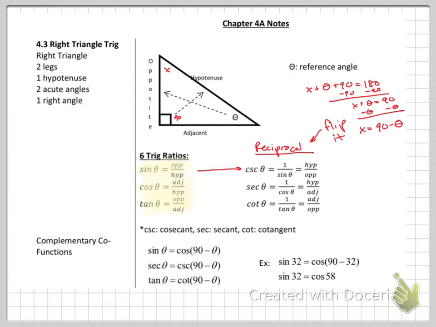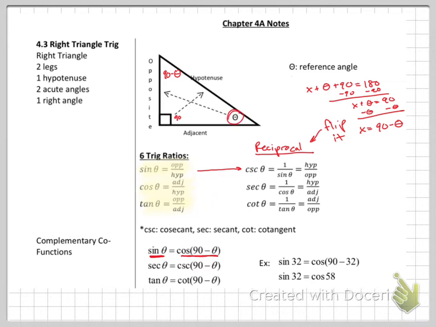And actually, that's more helpful than you think. So we're going to call this corner 90 minus theta. That's the complementary corner, right? 2 corners that add to be 90 are complements. And then we call them complementary cofunctions in trig. So the cofunctions are written down here. If you know sine of theta, you automatically know cosine of the other angle, cosine of 90 minus theta, right? If I look at my picture,